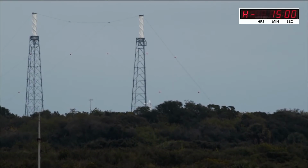You're looking once again at a live view of Space Launch Complex 46, where Astra's Rocket 3.3 is standing vertical. It's been fueled with propellants. In this view, it's near the center of your screen. Just the top part of the payload fairing is emerging from behind the tree line, just to the right of